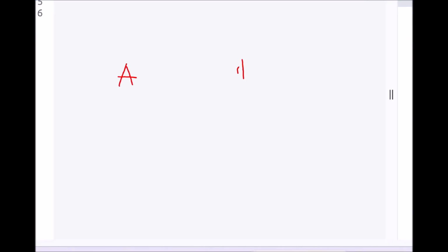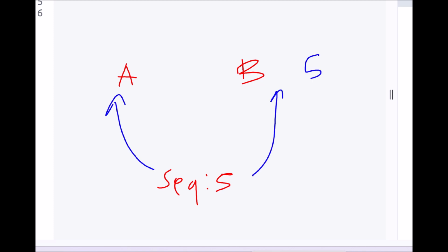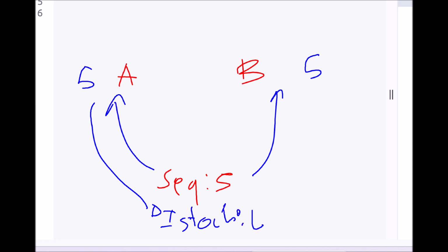So we have a buyer A, buyer B, and we have a sequential number, for example, let's say 5. This one will be retrieved, and this one will be retrieved, and both will be getting 5. So A will buy the product first, then he will be trying to update the in stock. Let's imagine the stock here is, let's say, 10. Once he bought the product, he will be going back and trying to put 9. Okay, so this operation has finished and the sequential number will be 6,